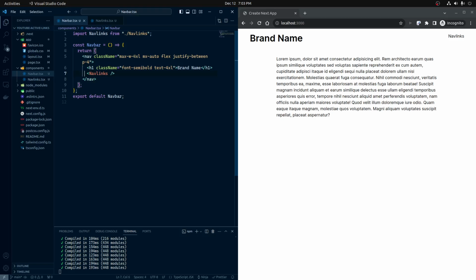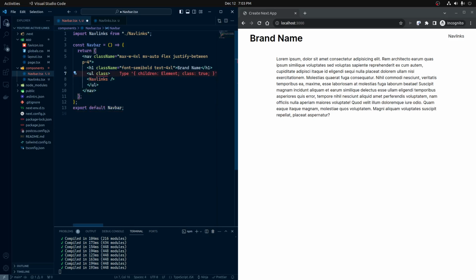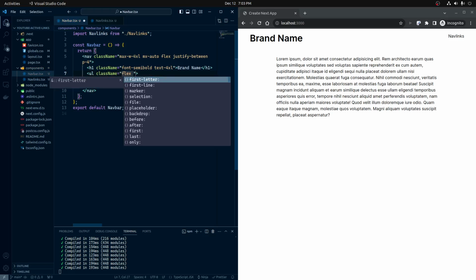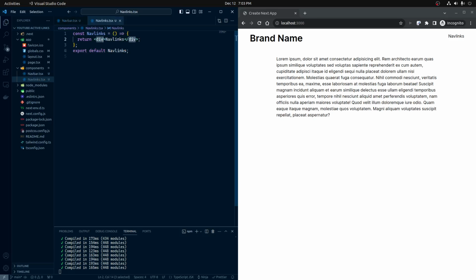And actually, I'll put a UL around this. UL. And this will be a class name of flex, gap of 4. And here we'll have a React fragment, and here we'll have our links. So links.map,